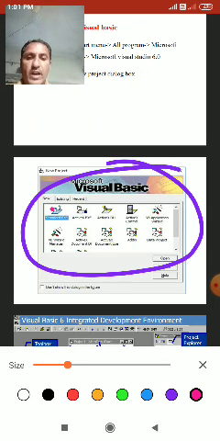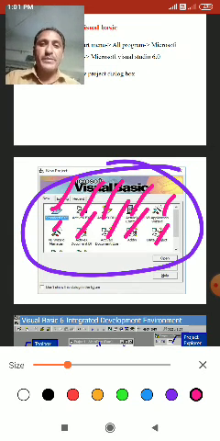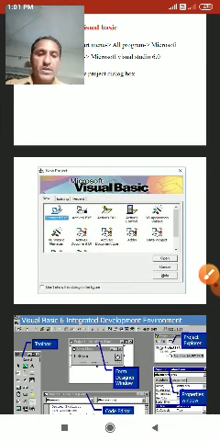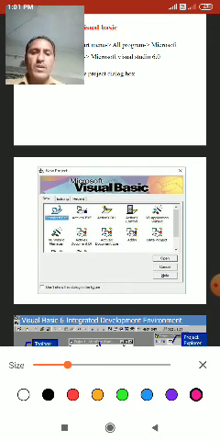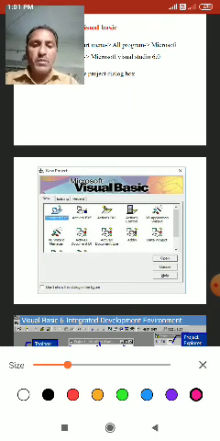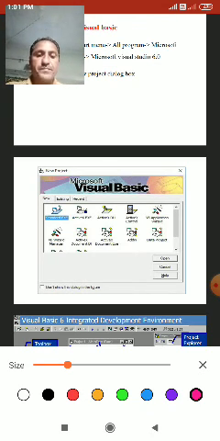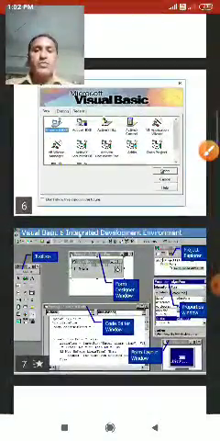There are so many dialog boxes here: database creations, ActiveX, HTML, ActiveX documents, and so many menu bars in the dialog box. We have to select any one and click on the Open button. By default, it automatically gives the Open button. Next, click on OK in the dialog box.